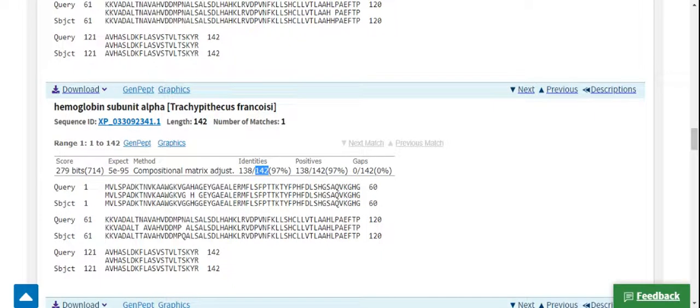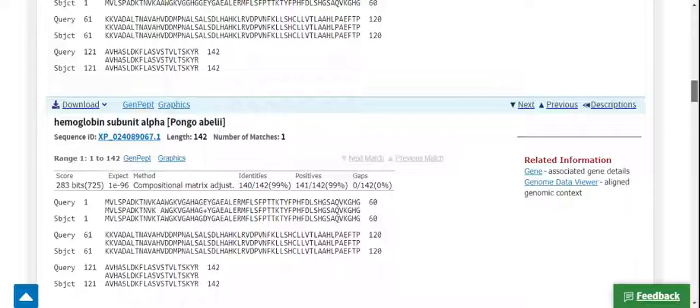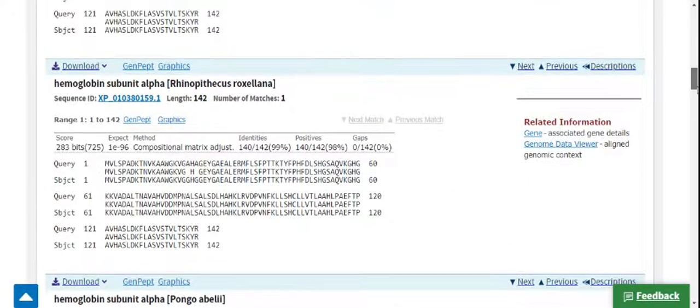This is the case for Rhinopithecus francoisi. So, friends, we can understand from this analysis how we can use the alignments and the E value to see how identical and how similar the sequences are.